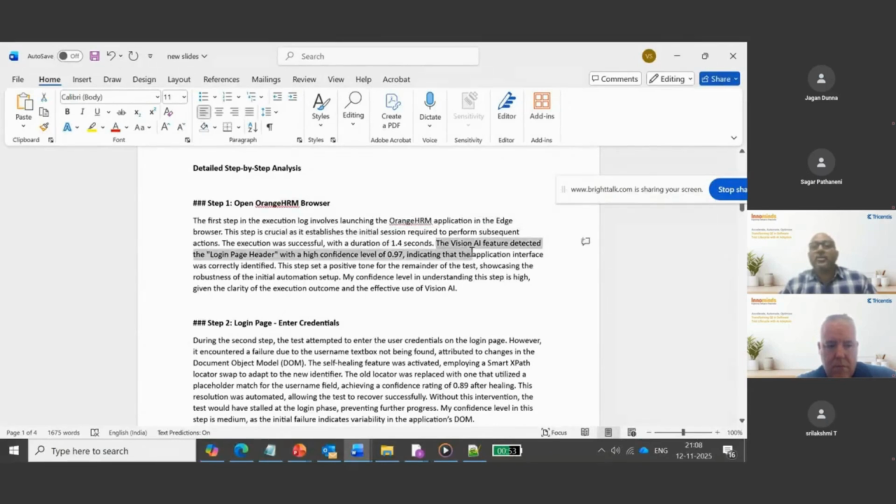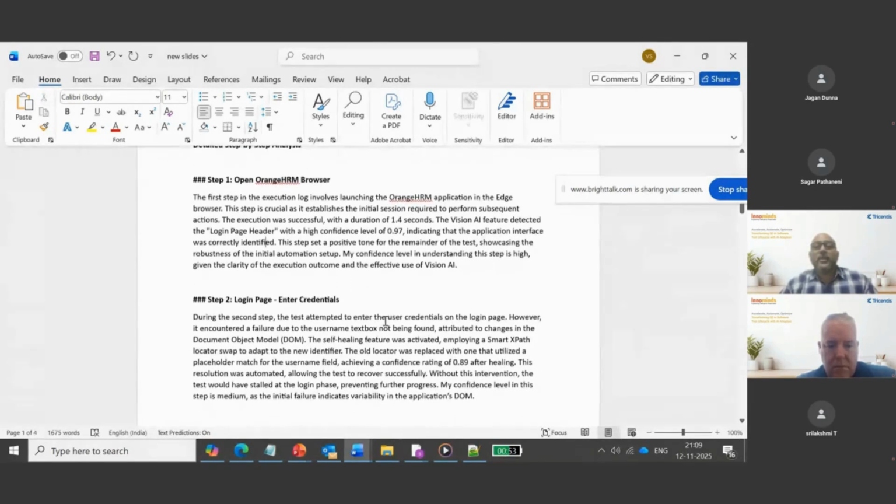And this is where your Vision AI feature has been applied, and it was able to successfully identify, as I said in the previous couple of minutes, we used a snap of this Orange HRM and tried to identify the controls using Vision AI. It was able to identify the login page header with a confidence of close to 1, almost indicating that it correctly identified the application.